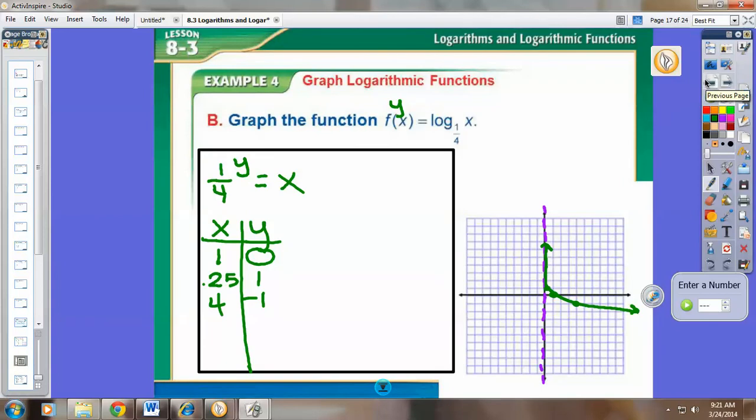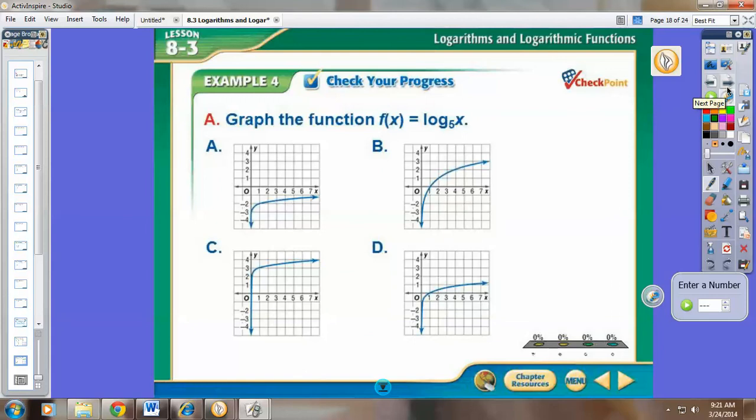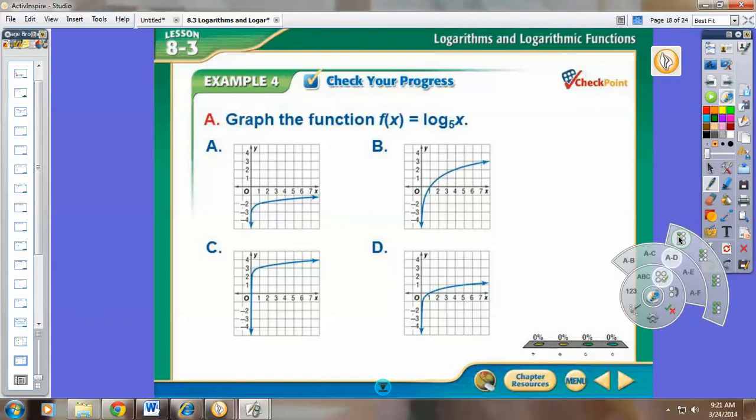What would the domain of this function be? Y is greater than 0? Domain? Yes, it should be x is greater than 0. That's right. What is the range? All real numbers. If you smash this graph along the y-axis, the range is all real numbers. This next one is one to be done on your clicker. If you would please go ahead and